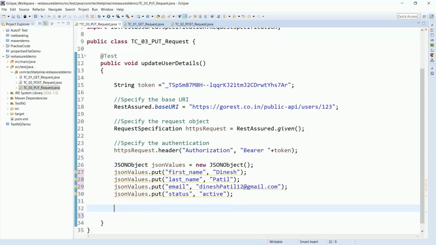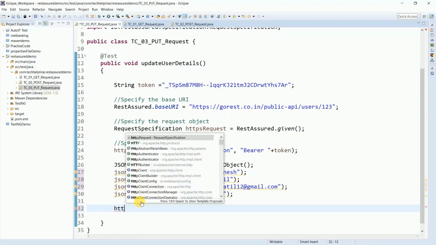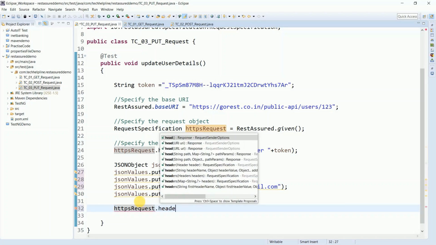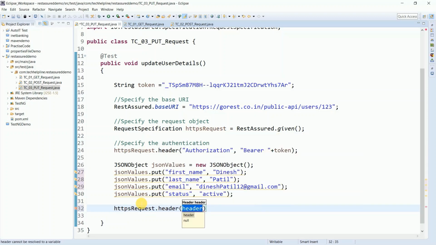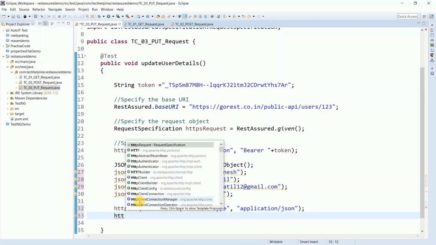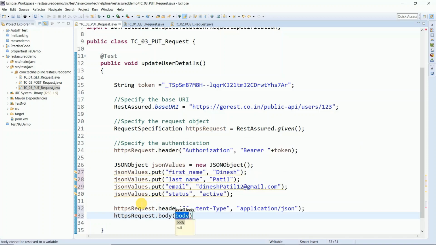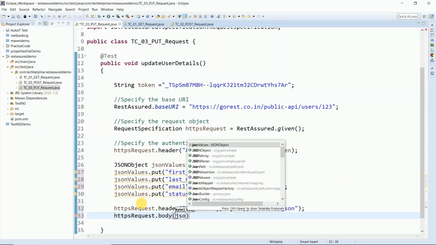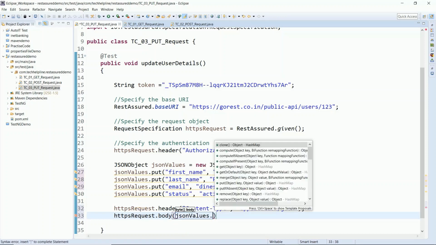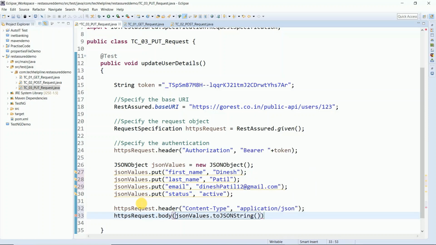So we write request.header, and in that we write Content-Type, and the content type is application/json. And request.body, and in that we pass jsonValues.toJSONString. That's it.